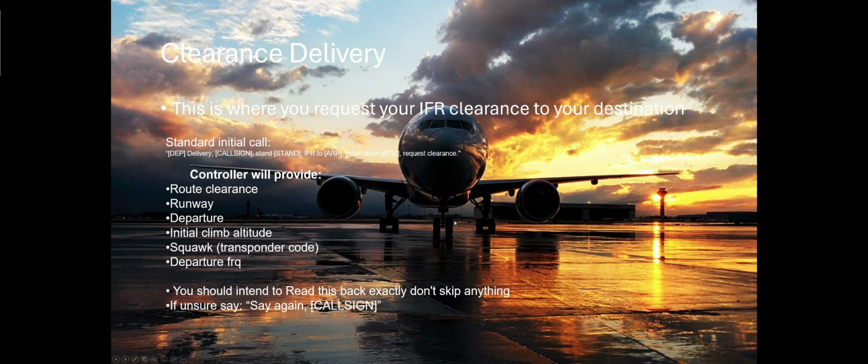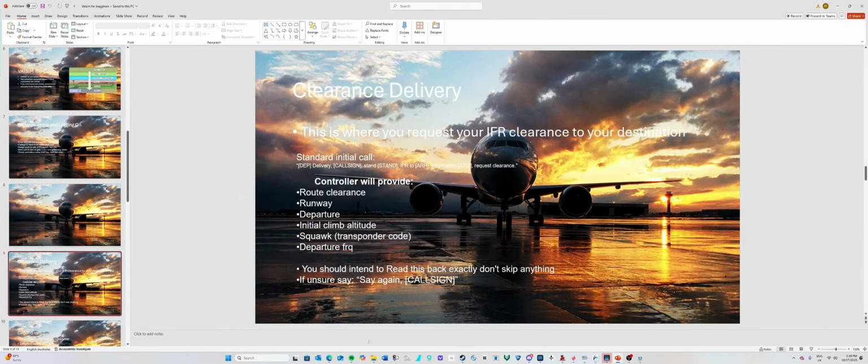Here's how you call delivery. Sydney Delivery, Qantas 543, stand 54, IFR to Sydney with information Tango, request clearance. The controller will give you a clearance including your route, initial altitude and squawk code. Write it down carefully and read it back exactly. If you miss something, say again, Qantas 543. This back and forth ensures everyone's on the same page, keeping the skies safe. Now I'm going to show me issuing an IFR clearance